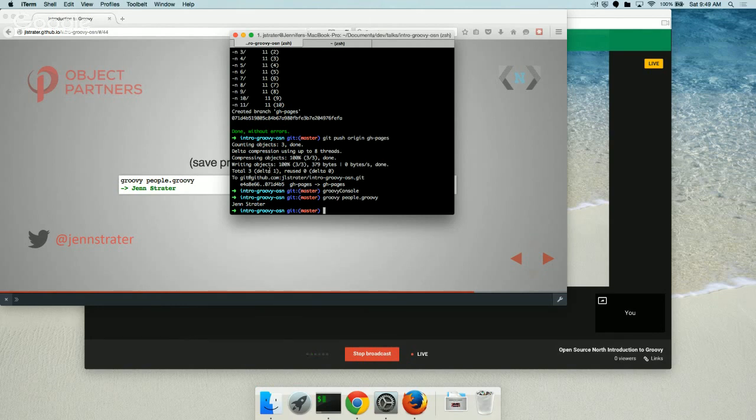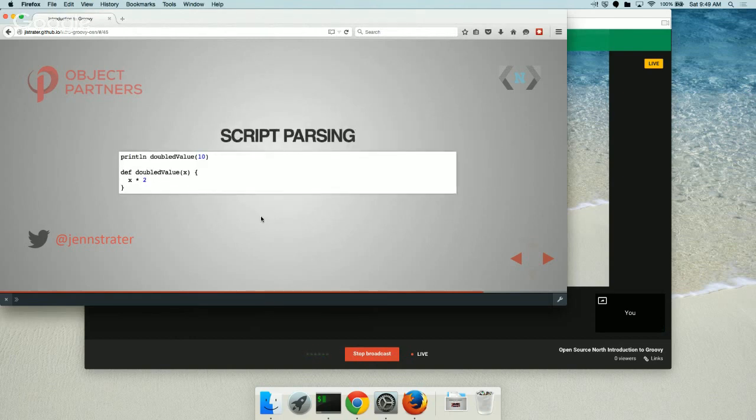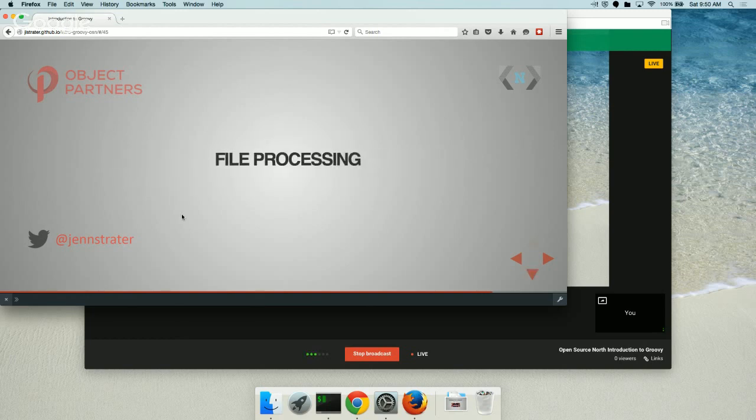Of course, with scripts, another thing you may not get in other languages is that the entire script is parsed first. So I can have a function definition way down here, but I can use it first before it's even declared. In some languages, that may seem very strange because you'll get an exception or it won't exist if you're using it before it's declared. But the way that Groovy parses through the entire script, you can do stuff like that. So this comes in handy.